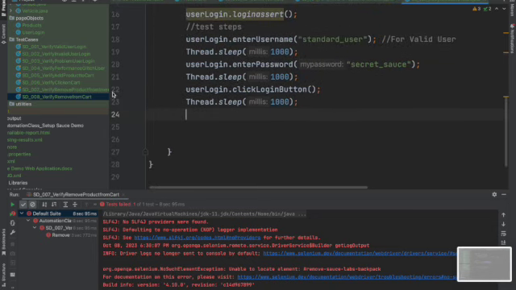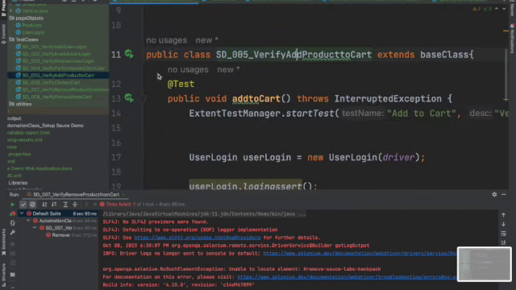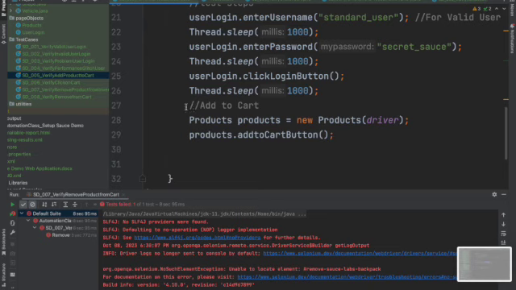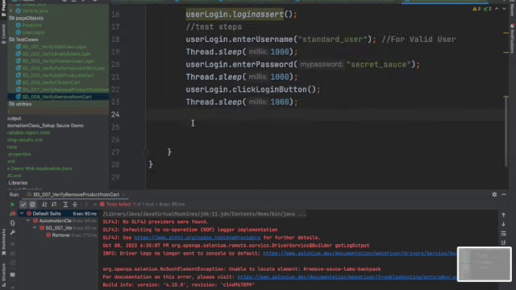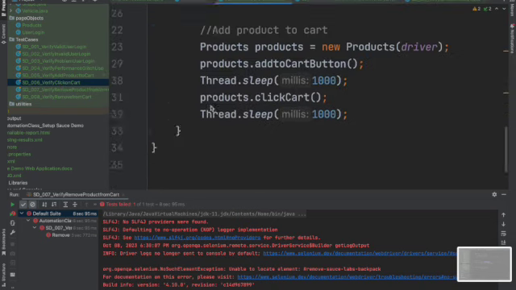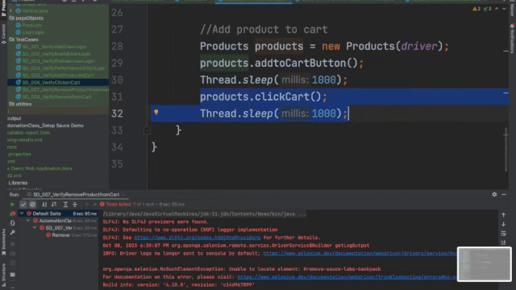Okay. And so which one adds to cart here? Add product to cart. So we add to cart, right? What's the next thing after you add to cart? Then you click on cart. Okay. Come to here, say click on cart. After you click on cart,